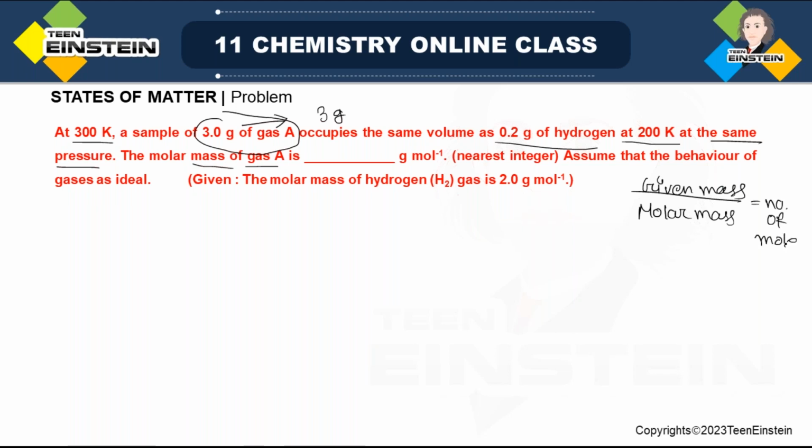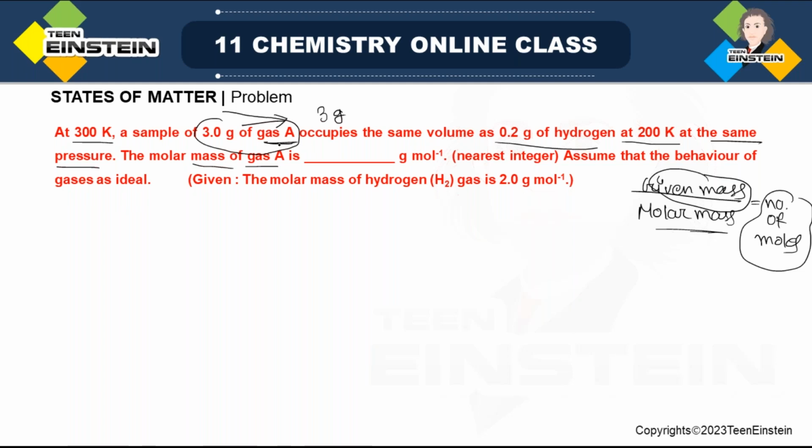So if you can somehow find the number of moles from the PV equal to nRT ideal gas equation, and the given gas mass is also known, you can easily calculate molar mass. So your aim will be to find out the number of moles from the equation PV equal to nRT, because that is applicable for hydrogen as well as